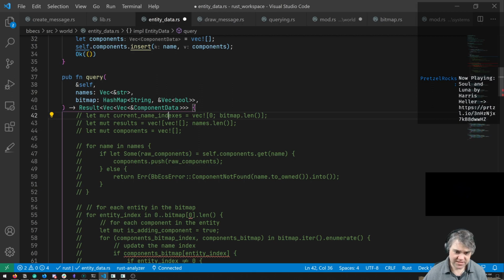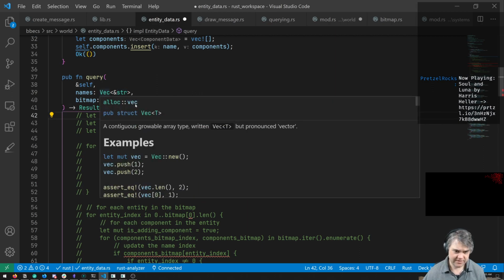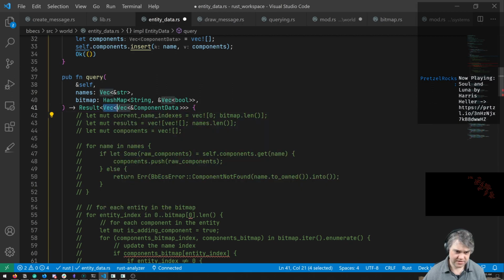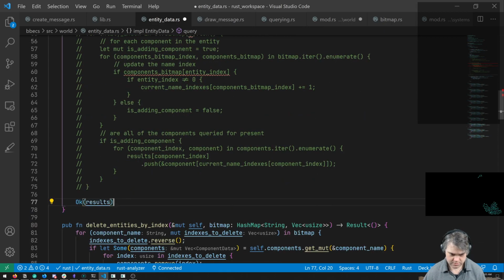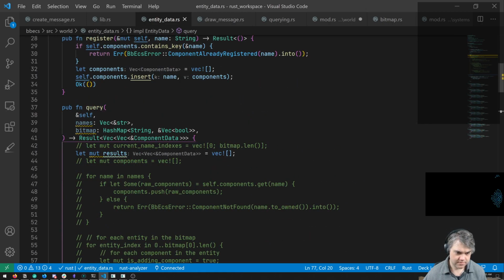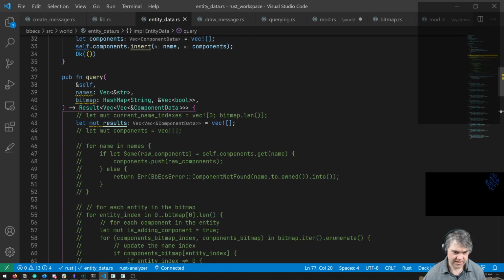Okay, we're going to have a result as a vector of vector with names.length. So that's where we have this entire thing, a vector with this many in them. I don't know if I need to do that specifically. I wonder if I can just do a vector and then we're going to push into it. What if I just do this? We have results as a vector there, and we're going to push into it.